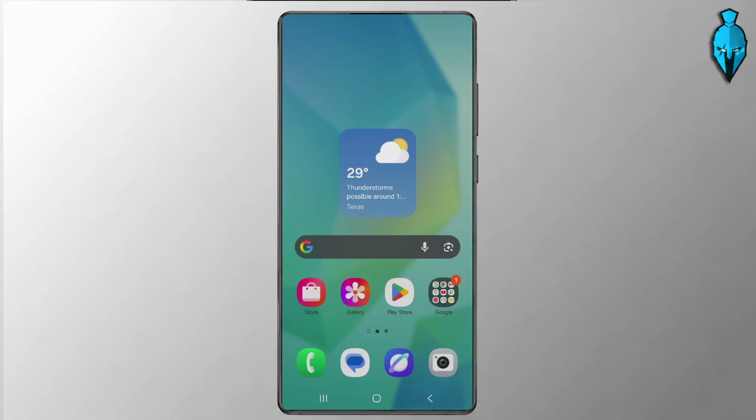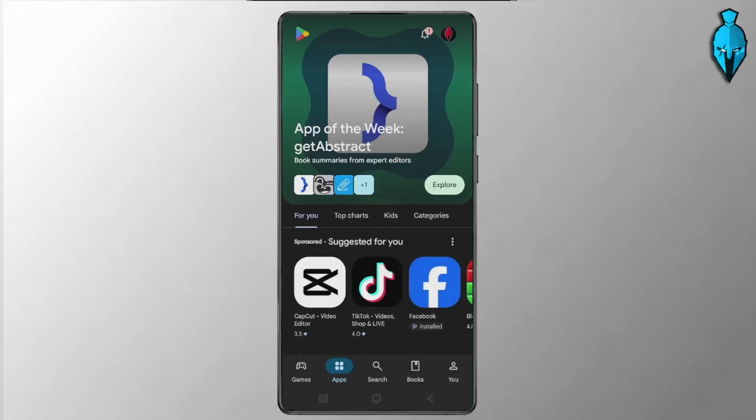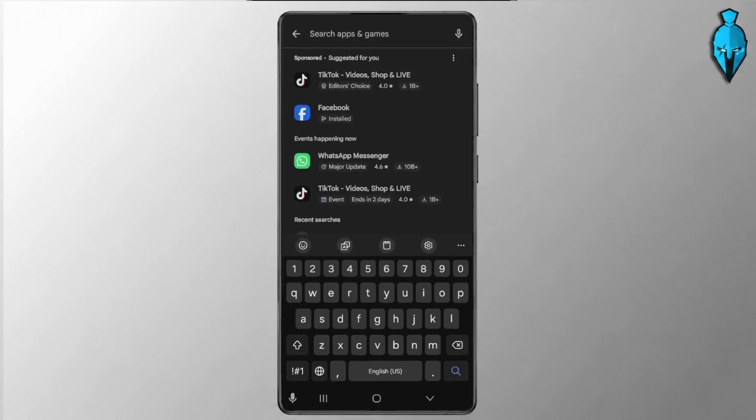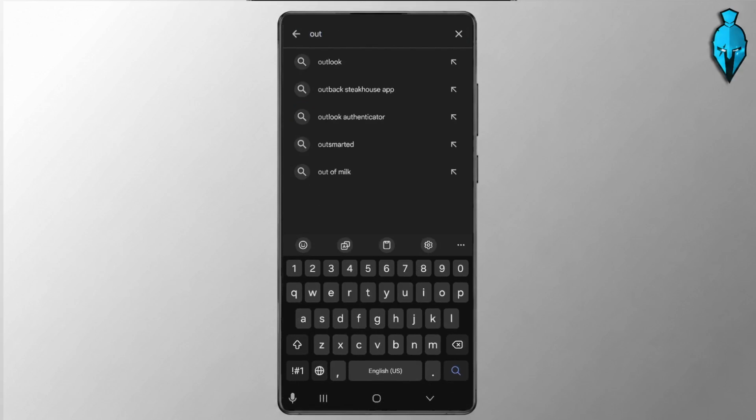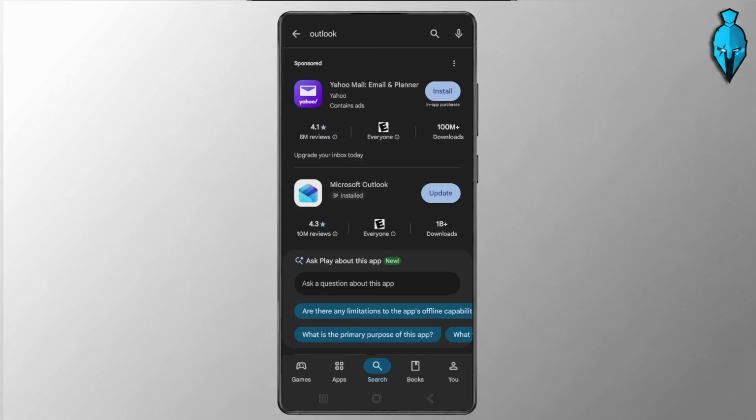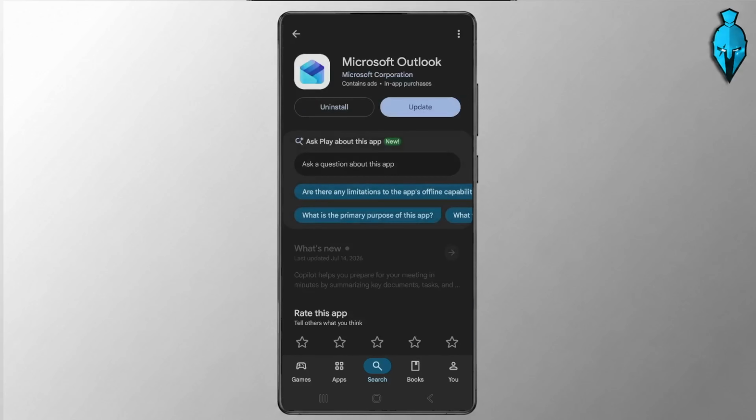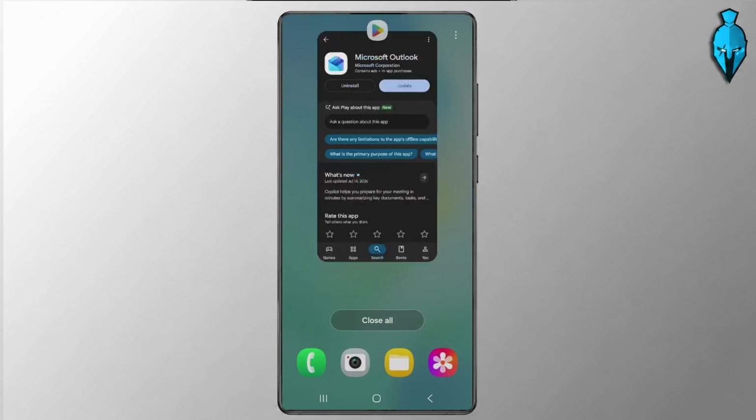First things first, go ahead and open up the Google Play Store and hit search, and search for Microsoft Outlook, or just Outlook. Open it up, it's going to load for a little bit, and you need to select Microsoft Outlook. Mine's already installed. It looks like there's an update right here as well. So go ahead and hit install if it says install, or you can hit update if there's an update. Once it's complete though, what you need to do is back out and then